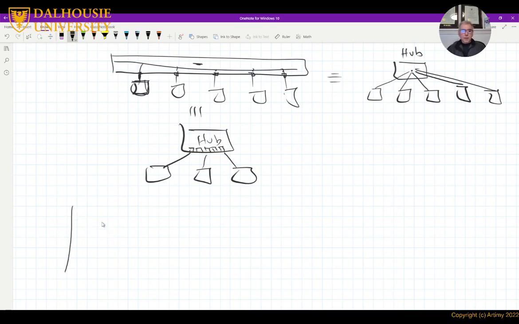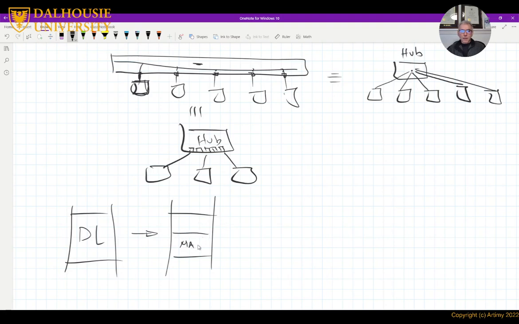So we take the data link layer and split it into 2 sublayers. One, we call the medium access control, and the other one is called link layer control.